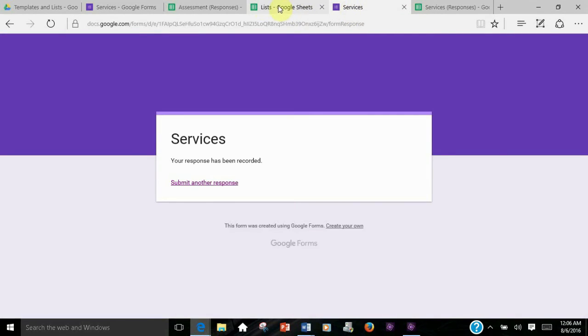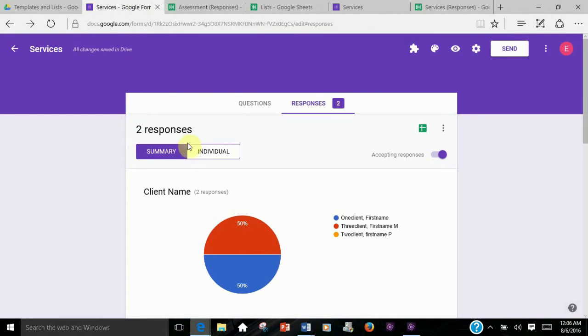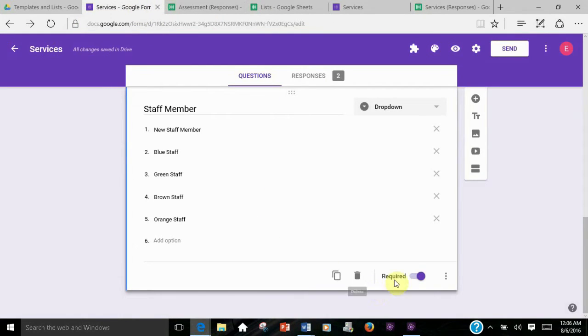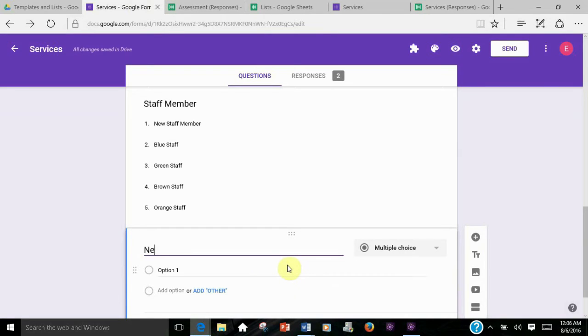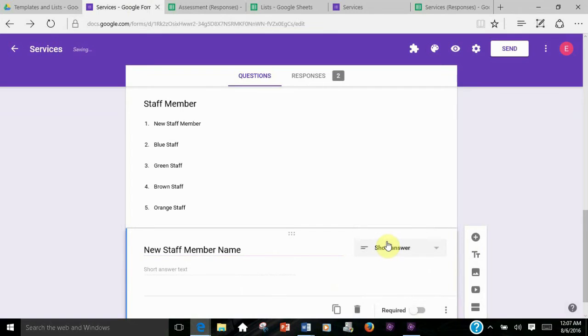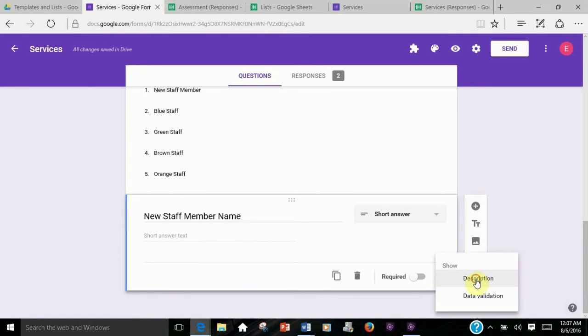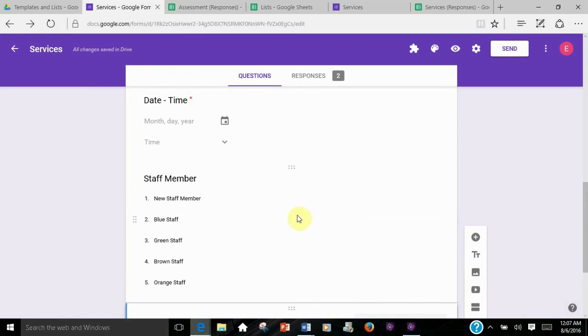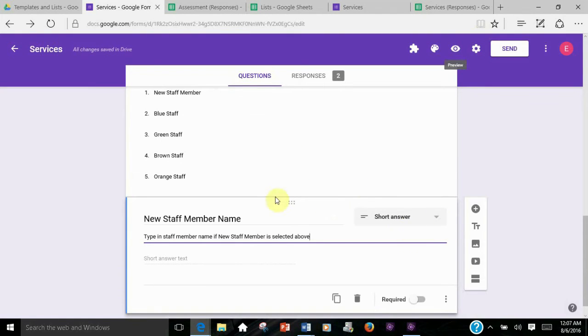Going back into services, going back into the form, we're going to add something. We're not going to have staff member required anymore. What we're going to do is we're going to say new staff member name, and we're going to make this a short answer. This is if we select new staff member name or new staff member, and we're going to give it a description, and we won't make that required. So let's just say we put this up above